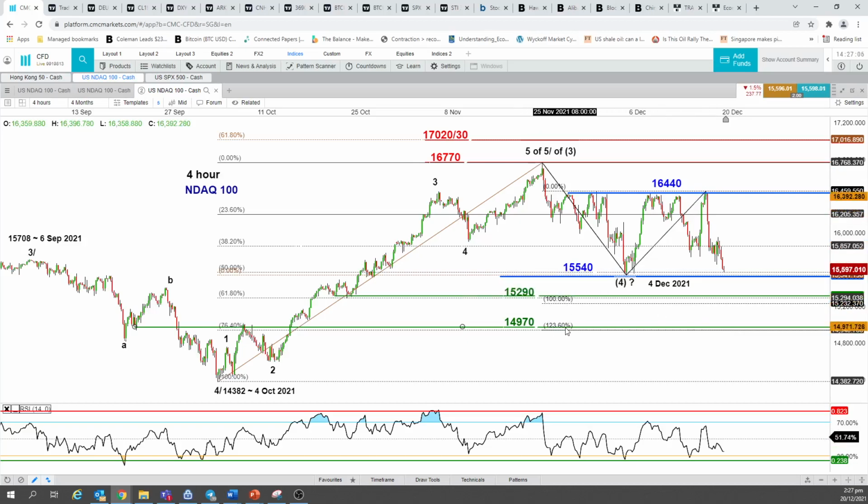which is confluenced by a bunch of Fibonacci expansion levels taken from the top of the current all-time high, the one-time Fibonacci projection level of this previous down move, which is this level, and the 1.236 Fibonacci projection of this previous down move projected from the high of last Friday, or last week's high of 16th of December, that was unable to have a clear breakout, and also confluence to the previous up move from 4th of October to the current all-time high at 23rd of November, which is the 61.8% retracement and the 76.4% retracement. So it's a very clear, significant support level to watch on these two levels.